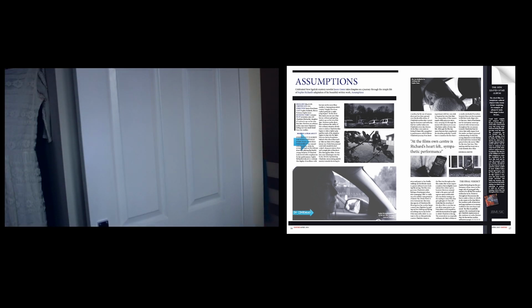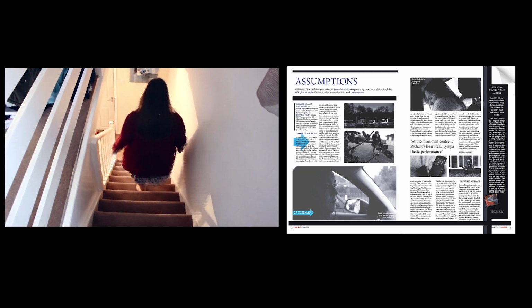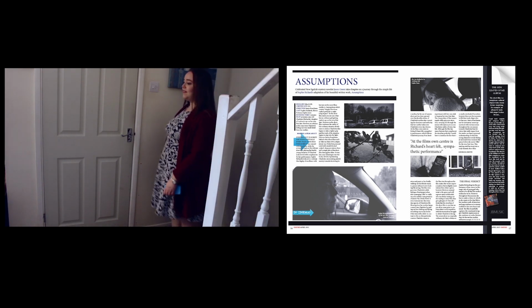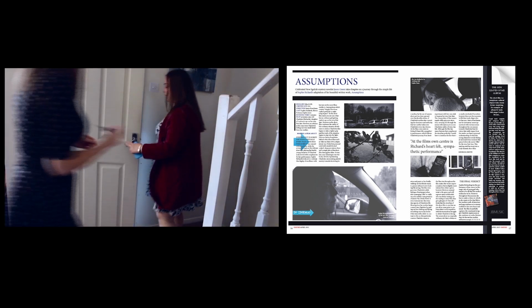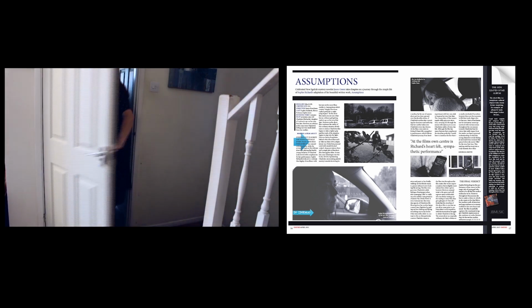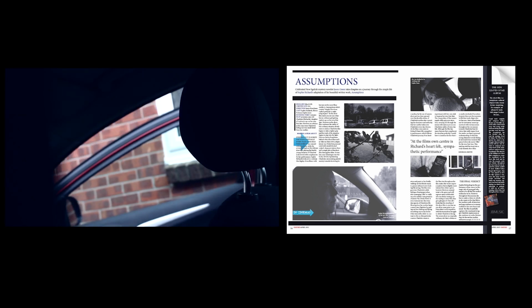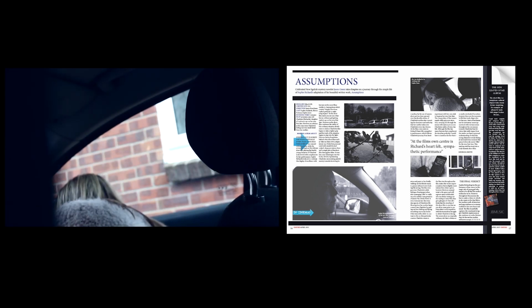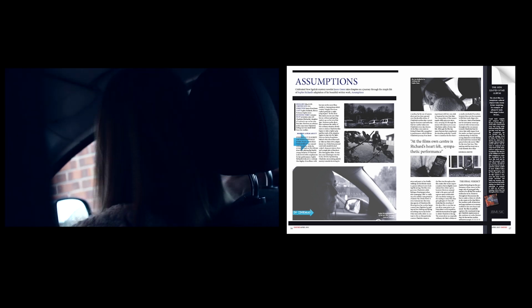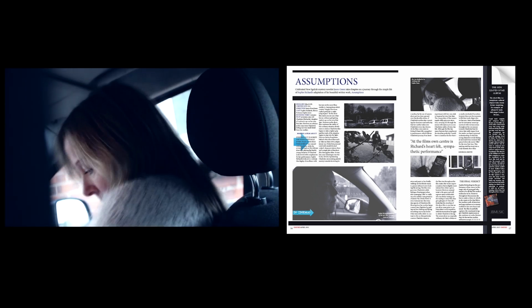I really enjoyed the short film Assumptions, as I thought the different camera angles throughout the film really gave you a personal perspective of Charlotte's life. I also think that both the magazine review and the poster link really work well with the short film, as they all have a similar style with the blue running throughout, which makes the theme of the film memorable. I also think that the parts of the plot and the genre are displayed in a really visual way within the poster and magazine review, which entices the reader to watch the film to find out more.